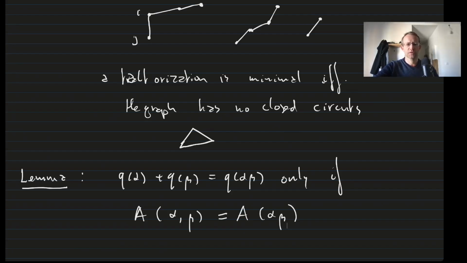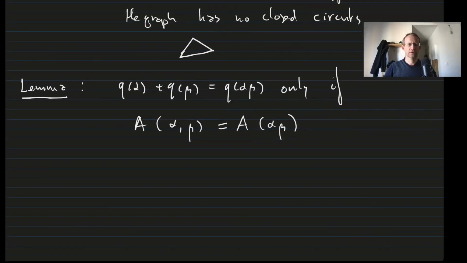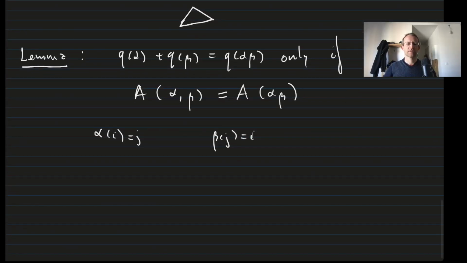Indeed, suppose that there is a color pair such that alpha of i is j and beta of j is i, such that there are colors that are not in A of alpha beta, but that are in A of alpha comma beta. Then if I make the minimal graph of alpha and the minimal graph of beta, there will be an exchange of elements i to j and j to i,